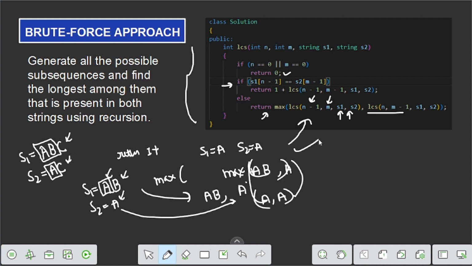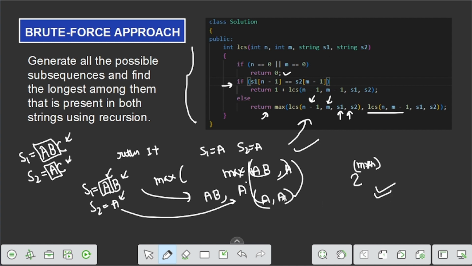So this is the brute force approach, but the time complexity of brute force is 2 to the power m times n, where m and n are the lengths of both S1 and S2. So this code gives you TLE.